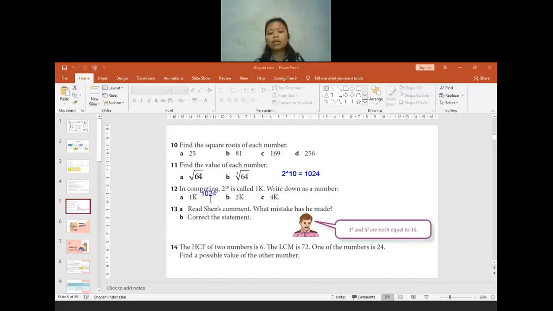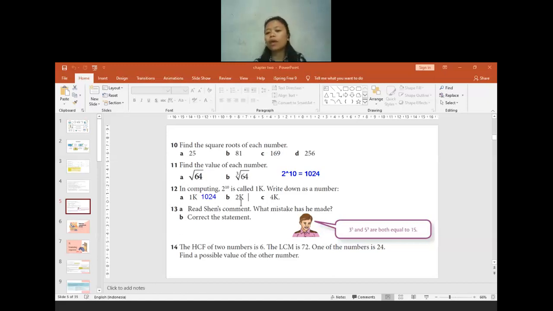Is there anyone who is confused? Yesterday I explained this question in class, so I want to explain it again. Yes, Stanford? Before you said 10,000, not 1,000. 1000, sorry, Stanford. Yes, 2 to the power of 10 will be 1024. Okay, thank you, Stanford. So when it is 1k, it will be 1 times 1024. So the answer will be 1024.